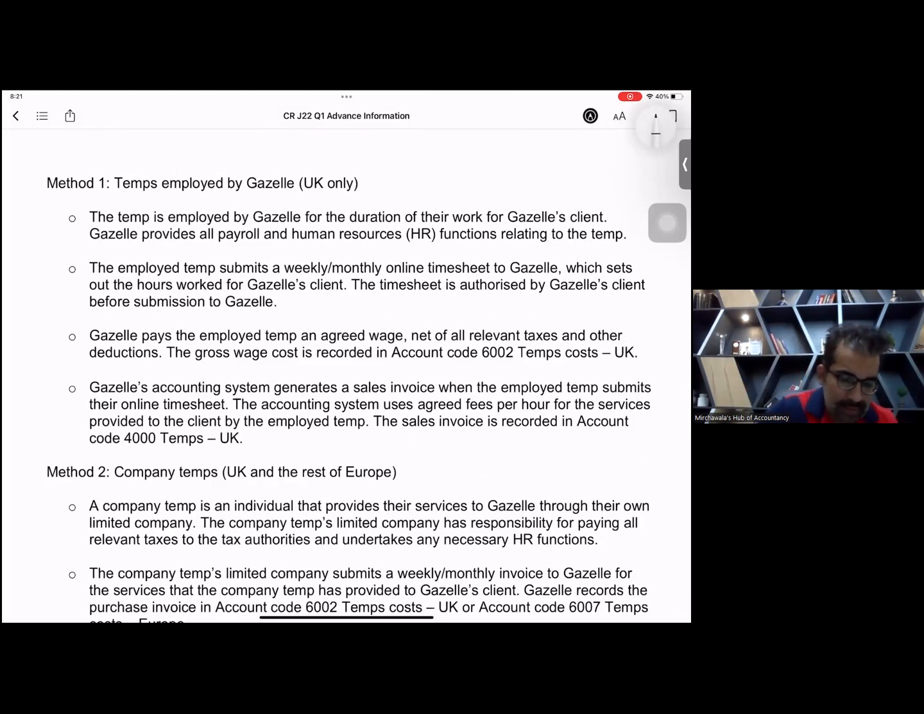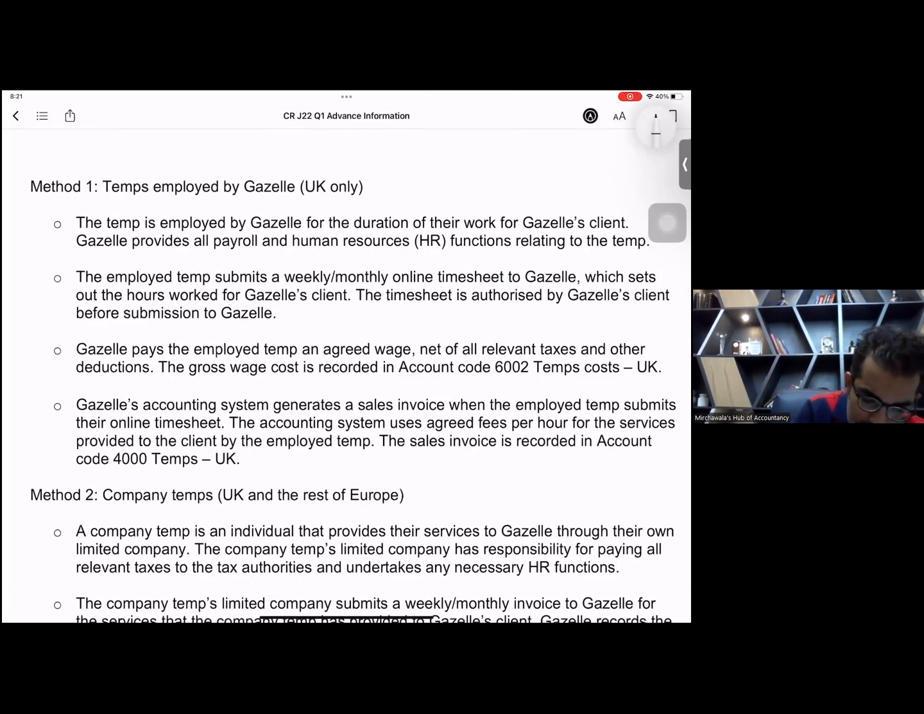Please listen very carefully. Temp means temporary employee. The temporary is employed by Gazelle for the duration of their work for Gazelle's client. Now, what is the scenario? In this case, Gazelle hires the employees. That means these employees are the workers of Gazelle, right? Gazelle provides all payroll and human resource functions relating to the temp. That means Gazelle is responsible for pay, and Gazelle needs to know all employment laws,